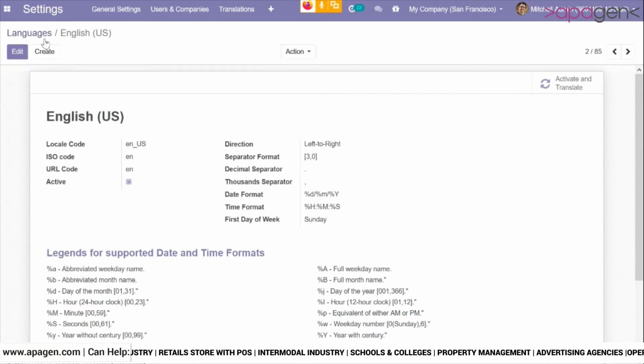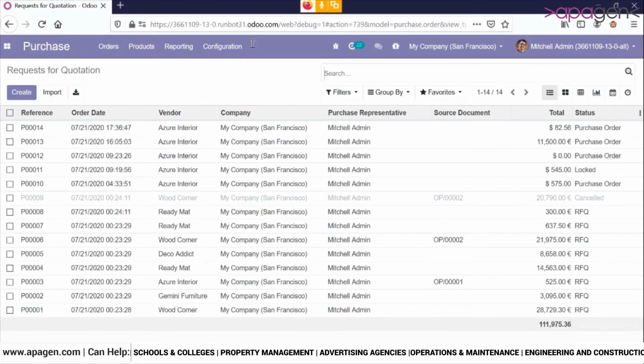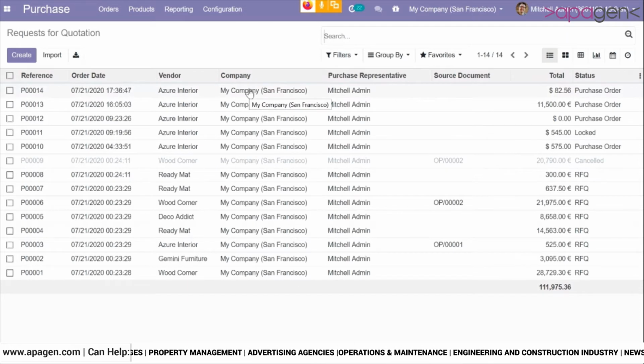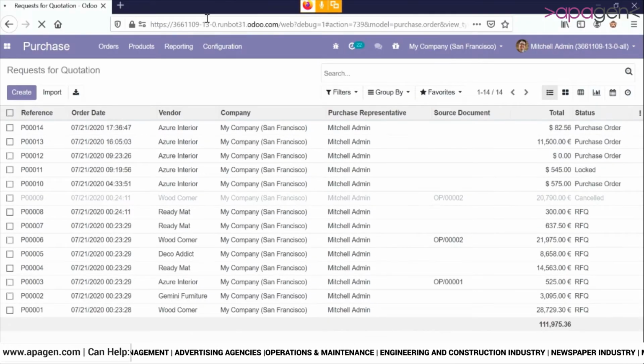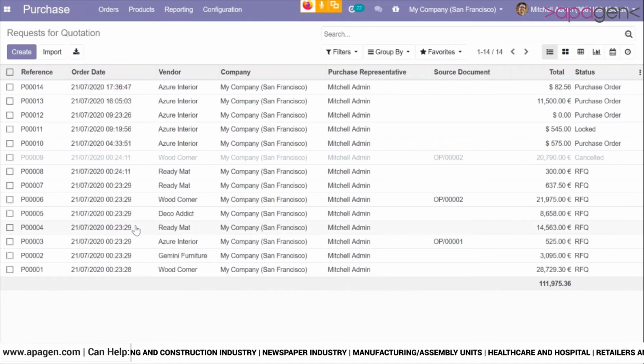Let's have a look. As soon as I refresh the records, as you can see here, the system was first appearing in the month, date and year format, but now it has started appearing in DD, MM, YY format.